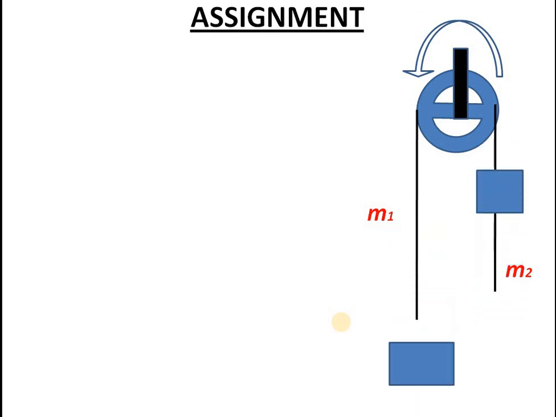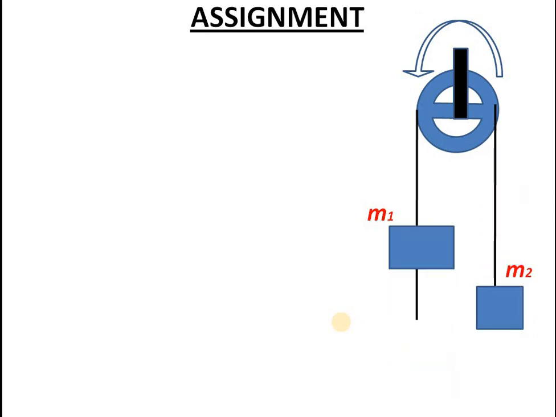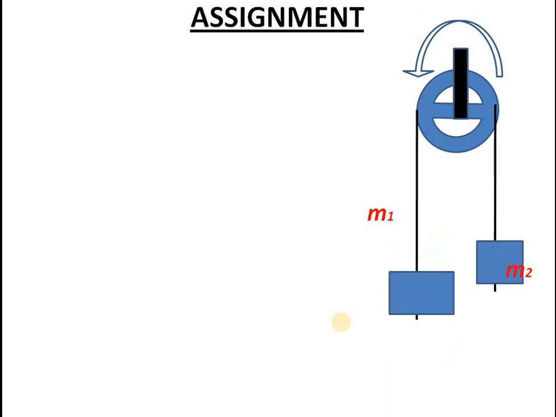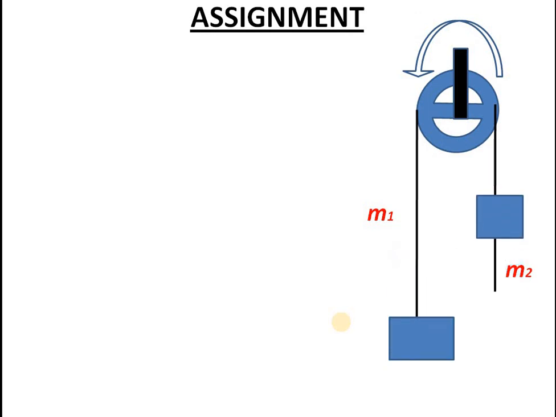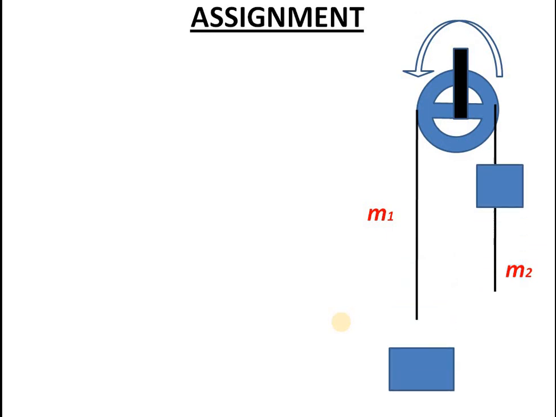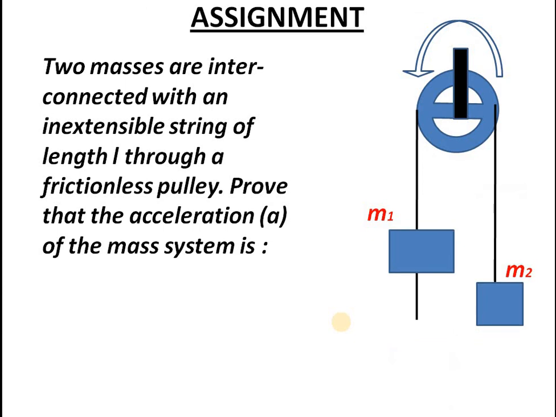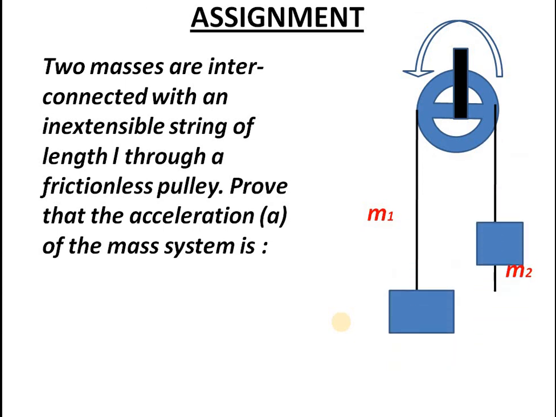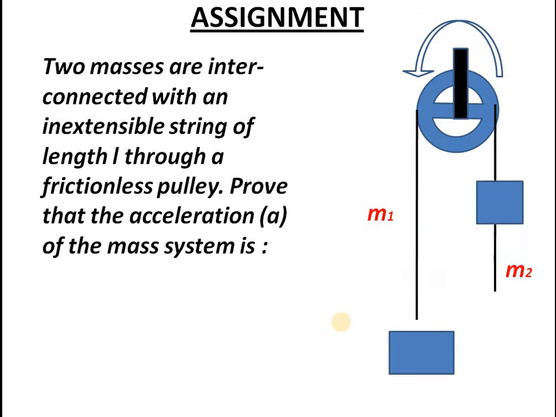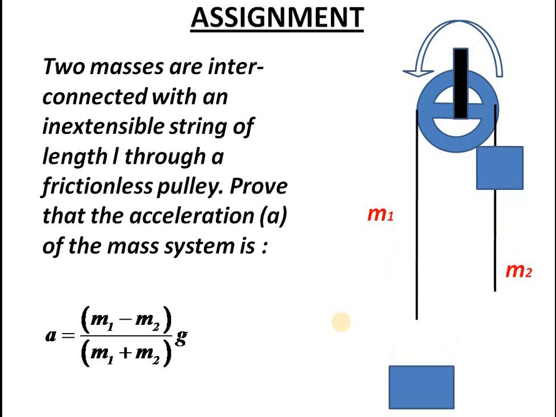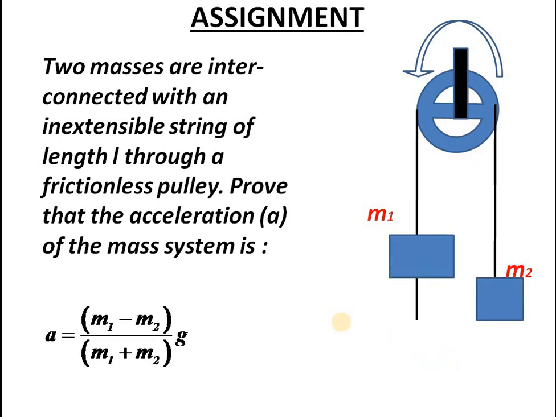Here is one problem like that. Two masses are attached on an inextensive string, and it is taken over a pulley. Constraints are there. You can see applied forces are there, constraints are there. You can use D'Alembert's principle. Two masses are interconnected with an inextensive string of length L over a frictionless pulley. Prove that the acceleration A of the mass system is, here the final answer is given,